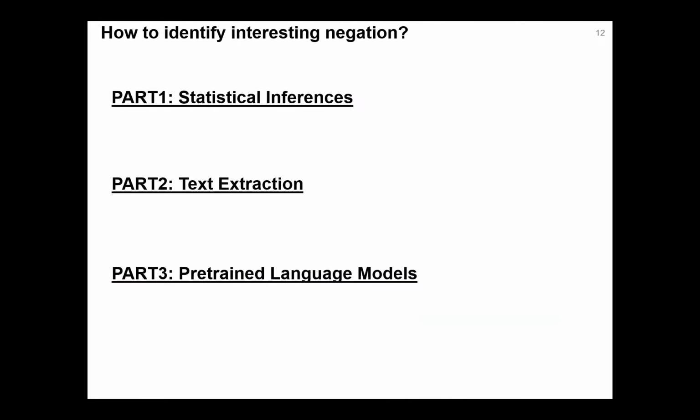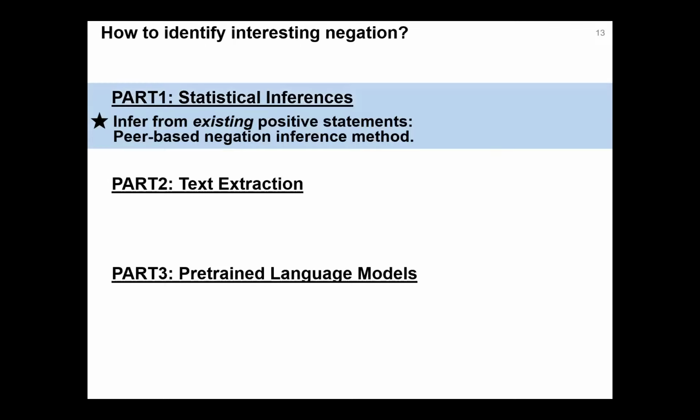And for this problem, I will divide the solution into three main approaches. And for every approach, I have a couple of papers or some work on that approach. But most of them, or all of them, are solving the same problem. We want to identify useful negation or interesting negation or meaningful negation. Now, the first part is using statistical inferences. So from positive statements in the knowledge base, we want to infer or produce interesting negations about entities in the